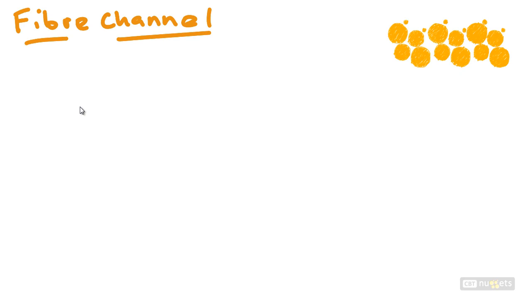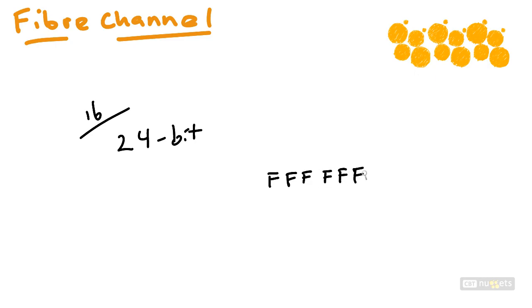Now, a key element to this Fabric login process is the fact that the highest 16 addresses in our 24-bit Fabric address space are reserved. That's right. And this is going to be a comfortable concept for you if you are coming from the world of local area networking expertise. For instance, the broadcast alias is all Fs. If we have all Fs and then the address ending in an E,